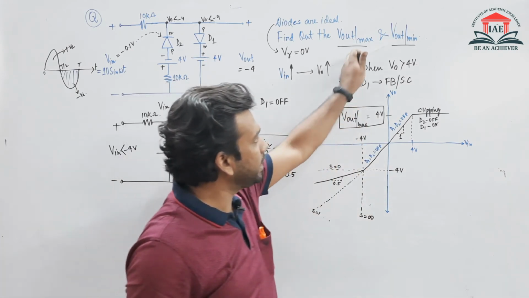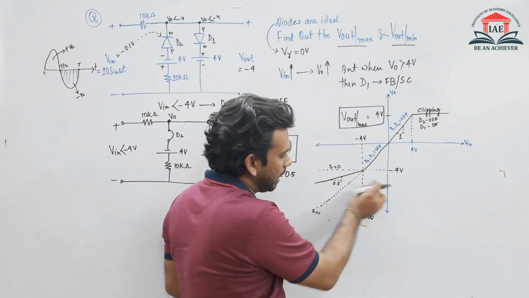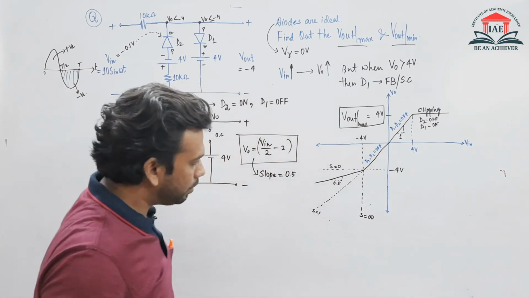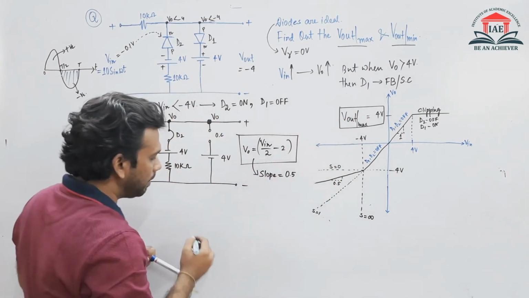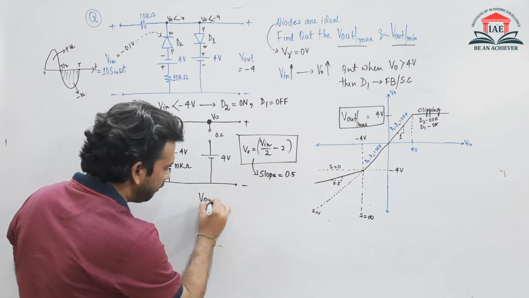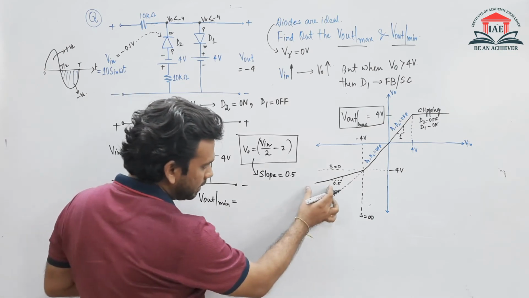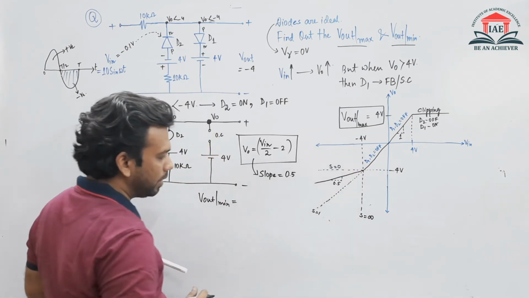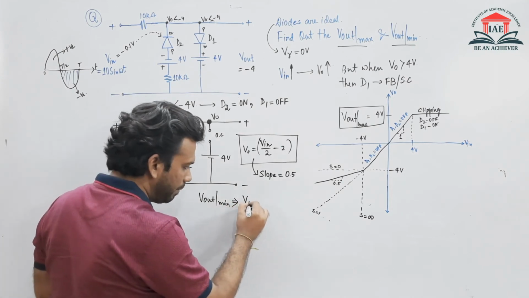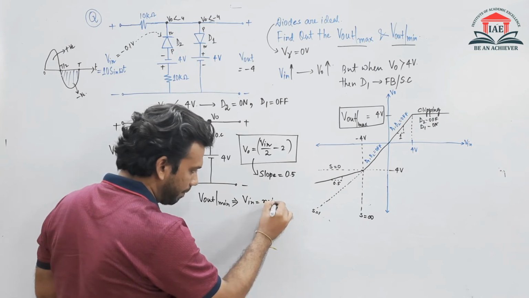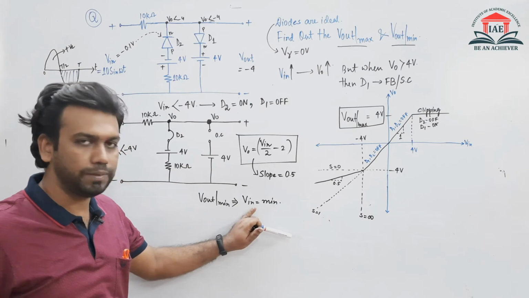And if we want to find the V output minimum, तो मुझे और भी नीचे जाना होगा. तो ये वाला वैल्यू मुझे कहाँ पे स्टॉप होगा वो मुझे ढूंढना है. तो इसके लिए क्या करना होगा कि if we want to find the output voltage minimum, so V output minimum जो होंगे that will be in this region. ये वाले region में मेरा V output minimum होंगे. तो V output minimum तभी होगा जब मेरा input value भी minimum होंगे. We all know that कि output voltage minimum कब होगा? जब मेरा input voltage minimum होंगे.